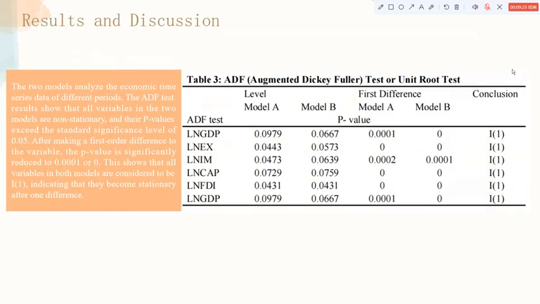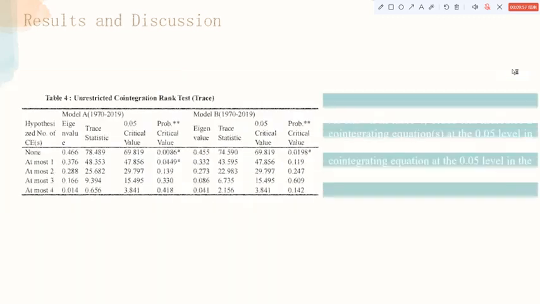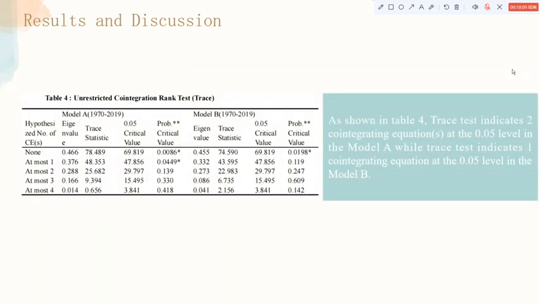Then we conduct the unit root test. The two models analyze the economic time series data of different periods. The ADF test result shows that all variables in the two models are non-stationary, and their p-values exceed the standard significance level of 0.05. After taking the first-order difference of the variables, the p-value is significantly reduced to 0. This shows that all variables in both models are I(1), indicating that they become stationary after one difference. From the VECM model as shown in Table 4,